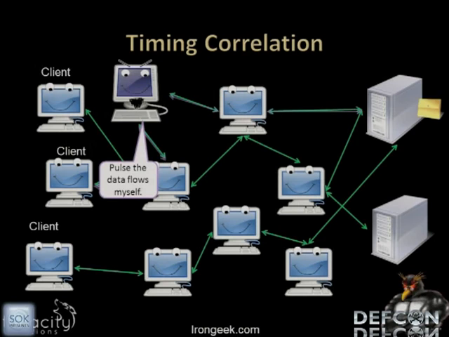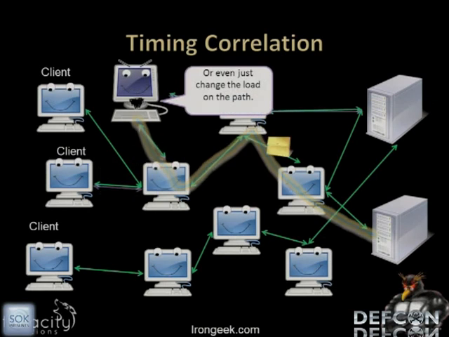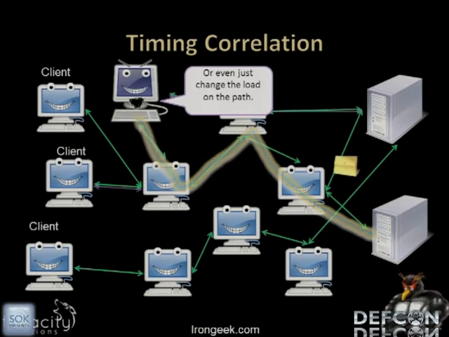though both Tor and I2P, I believe, sign the data they're sending, so they can't directly tag it, but they might be able to tag it via timing. I'm not sure. I need to look deeper into the protocols for that. Also just change load in the path, like I was mentioning before.